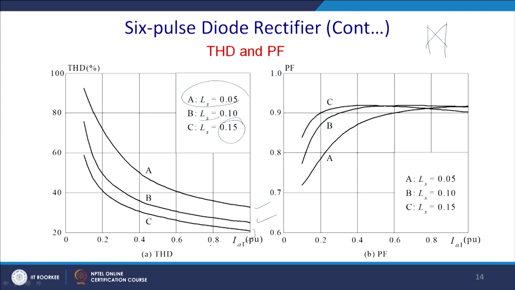And on the other hand, you can find that at low frequency, lower source inductance will give you a better power factor, but gradually as the load increases, that gives you better power factor. So, we can add the source inductance, which we would consider to be detrimental. It is not that detrimental considering the power quality problem.